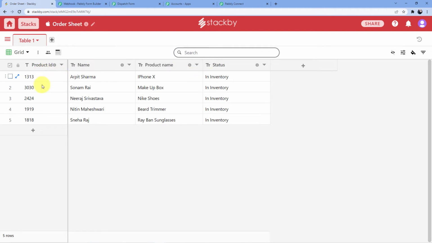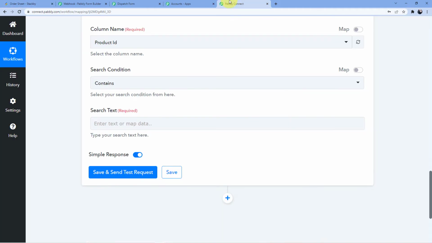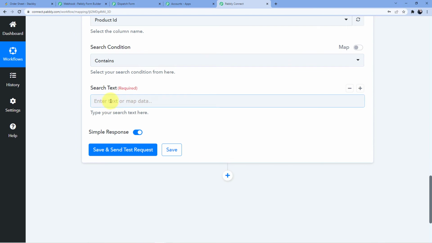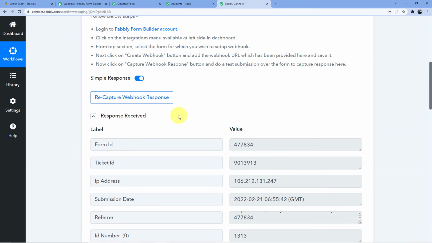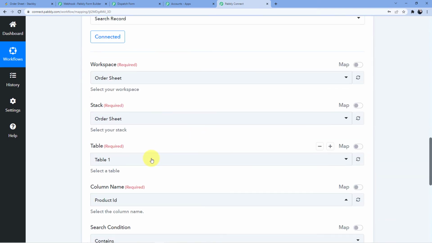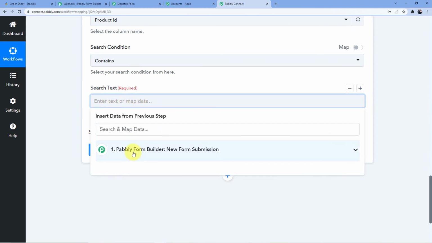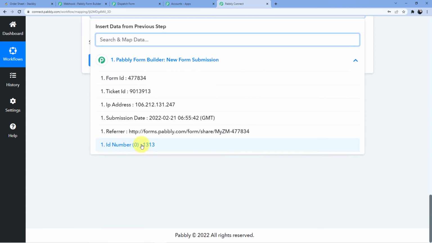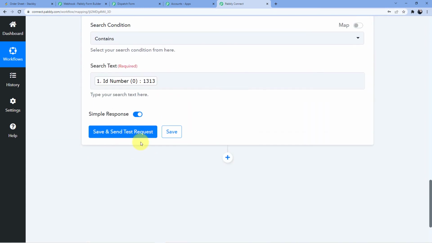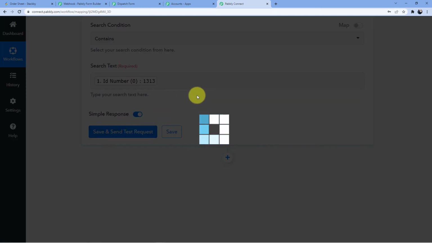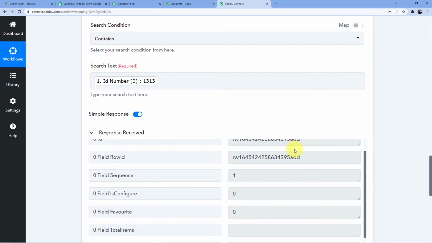It should contain the product ID. So product ID will be required here in search text. So what you are going to do, you are going to use a technique which is called mapping, and mapping will let you take the data from this window and put the data here in this window. So by using mapping, I am going to map this ID number, which is my product ID. And as soon as I click on save and send test request, you will see